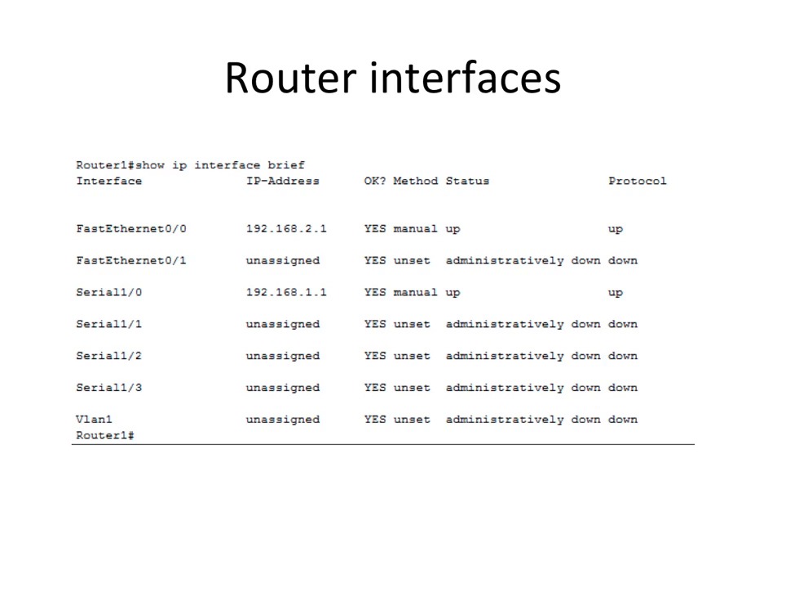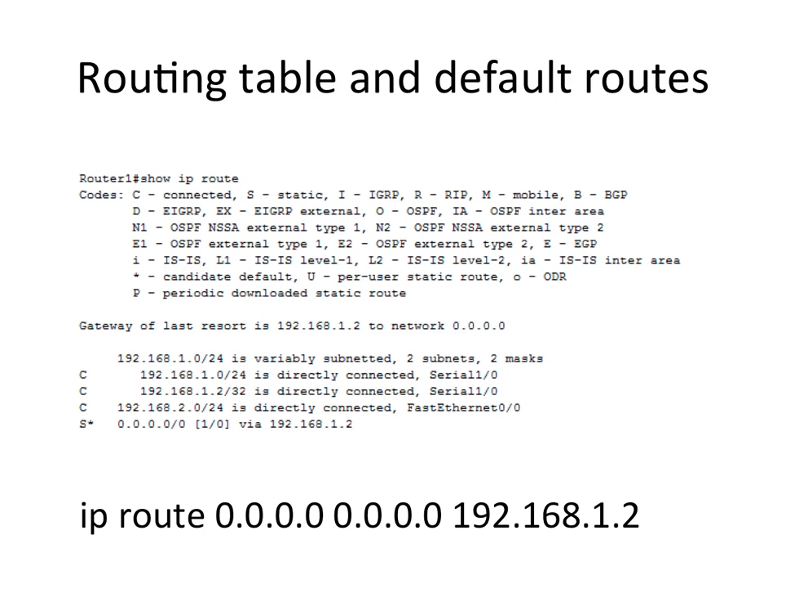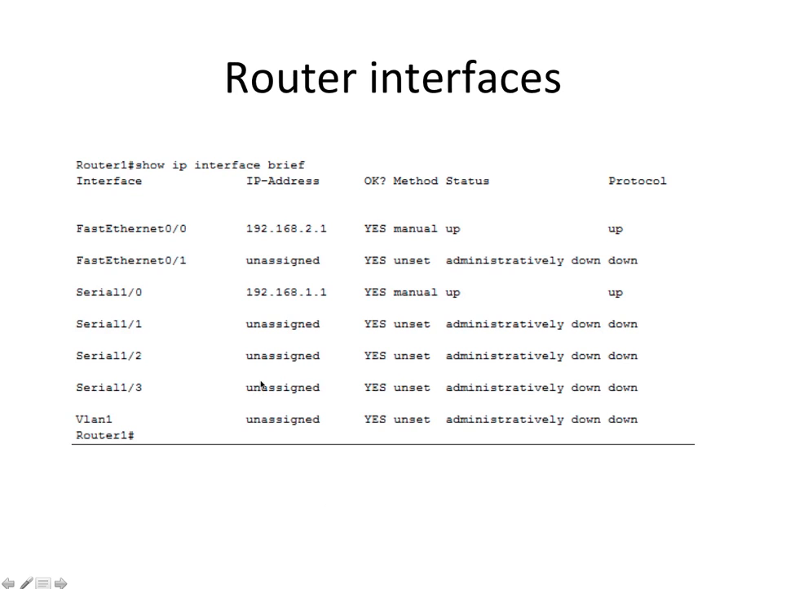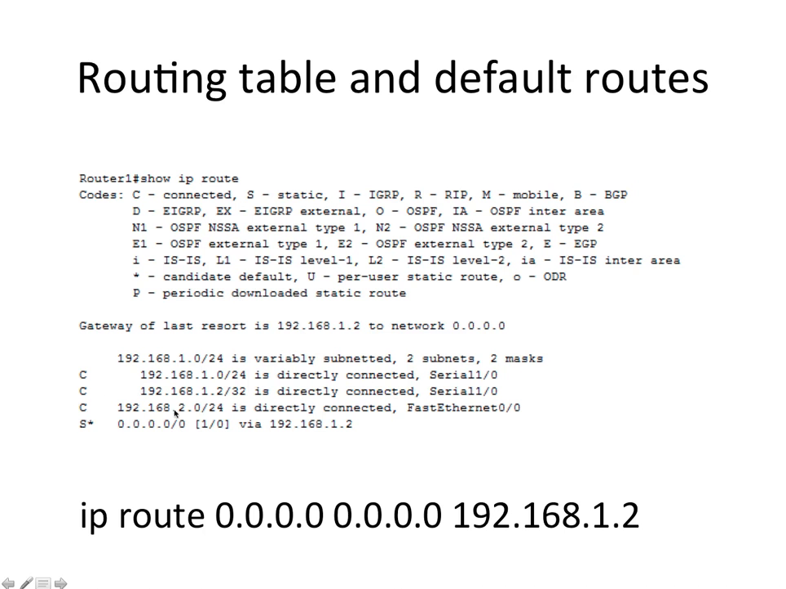To make sure your interfaces have IP addresses and are in the up and up state. So assuming your interfaces are in the up and up state, then you'll have a routing table that looks something like this. I have a connected route for the 1.0/24 network. That was the network of my serial interface. I have a connected route for the 2.0/24 network. That was the network of my fast Ethernet